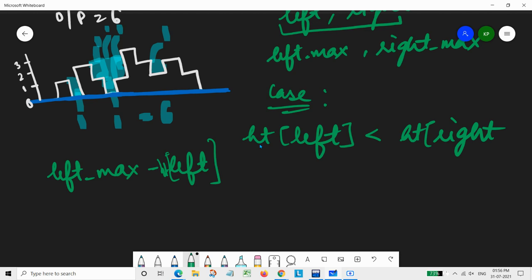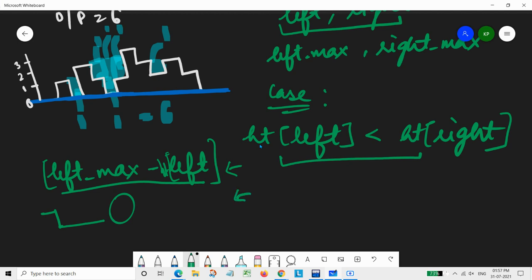When we do this part, whenever we encounter this and there is nothing at the right portion, at this point we do not need to do this. So that's why we need to check this case, that is, whether the height of left is less than the height of right. If this is the case, then only we need to check for this.